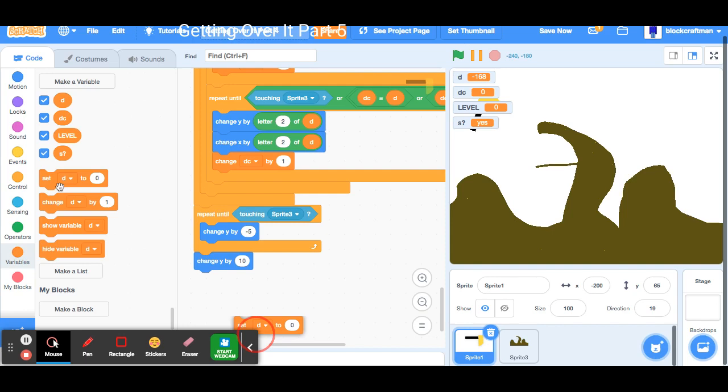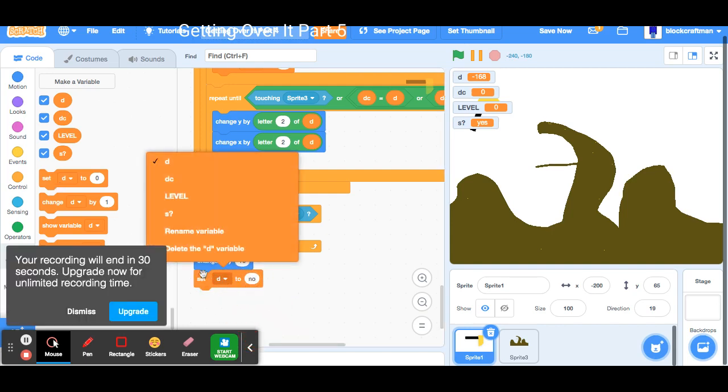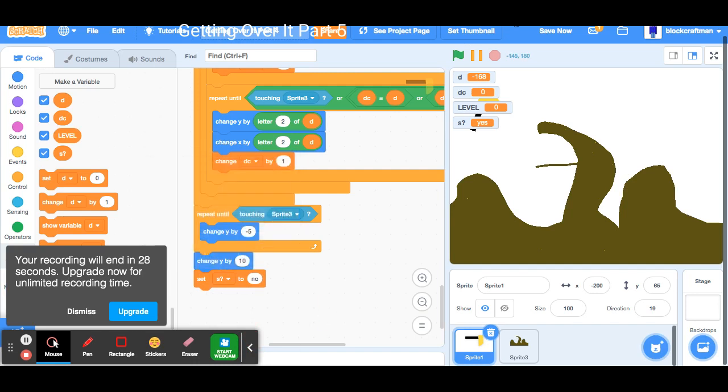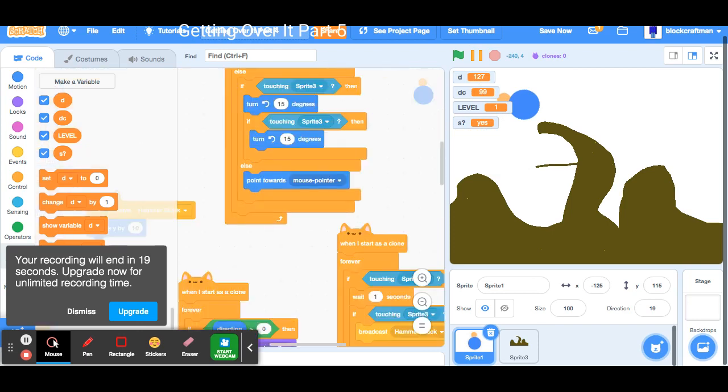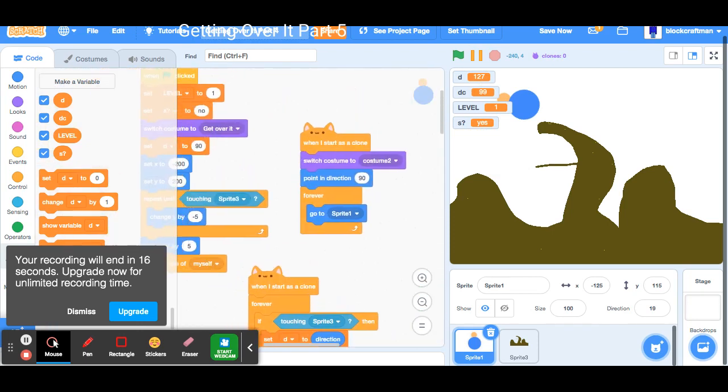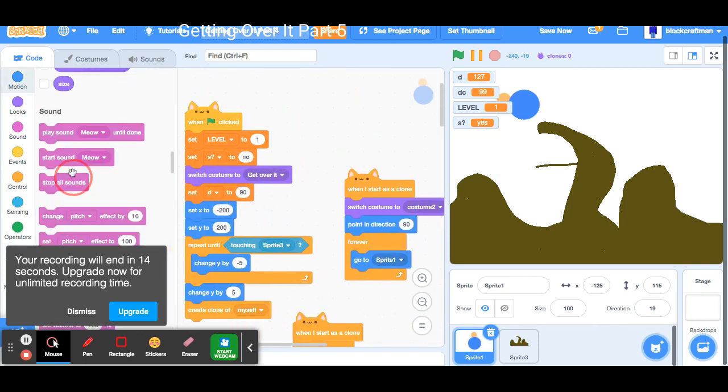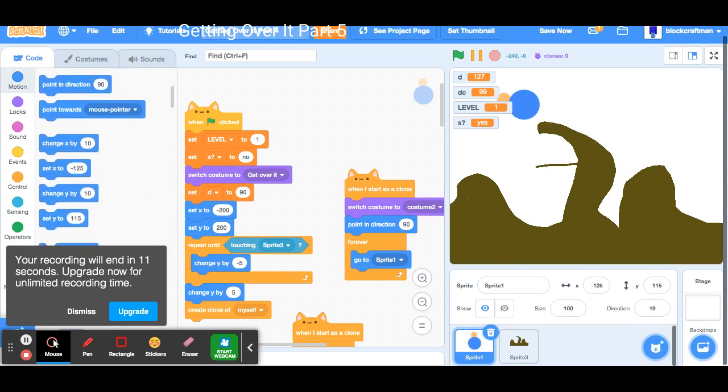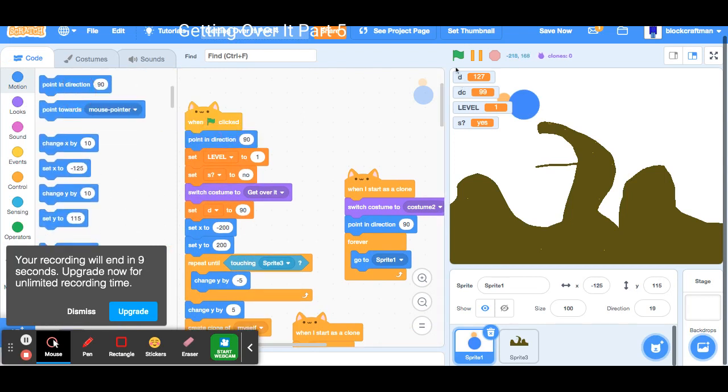So basically, I am following the code of my Getting Over It game that I put in the link in the description, but I'm still gonna, so that was perfect timing. Now that is not what we want the bobber head direction to look like. So I'm actually going to add the bobber head direction points to the direction 90 when it's the flag clicked. So as you can see, you have a full Getting Over It game where you can move and better